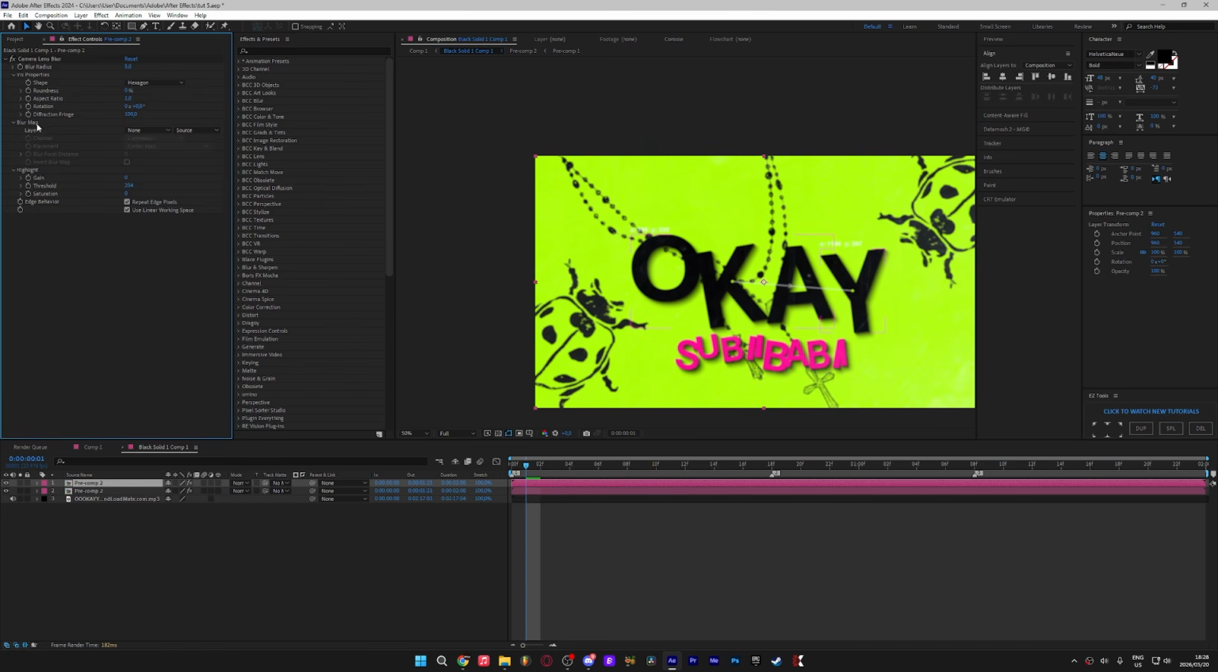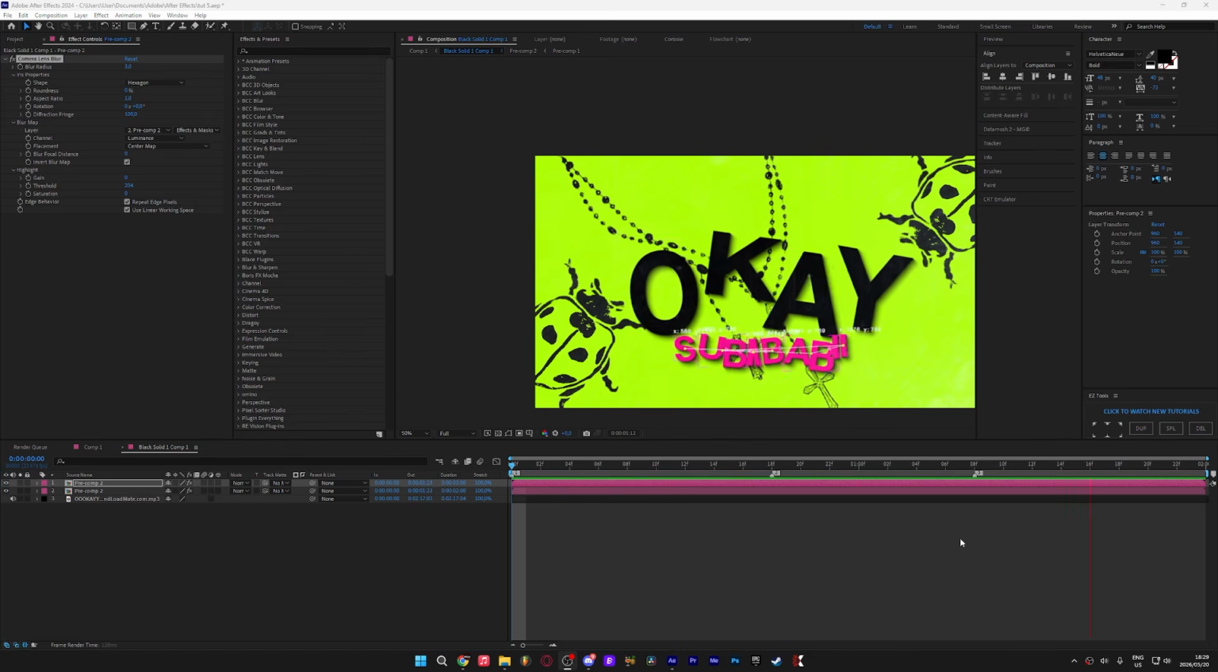And then here where it says blur map, you want to change the layer to the one at the bottom, and then also change it from source to effects and masks, and then invert this, and then you can change the blur radius to anything that you want. I want it to be a little minimal, so probably change it to 3. And then yeah,